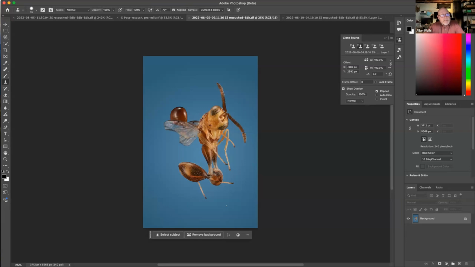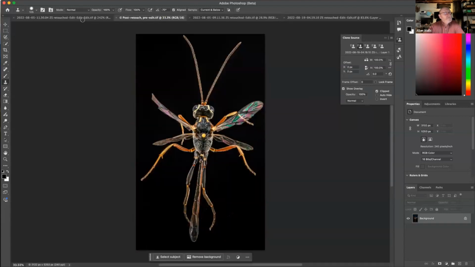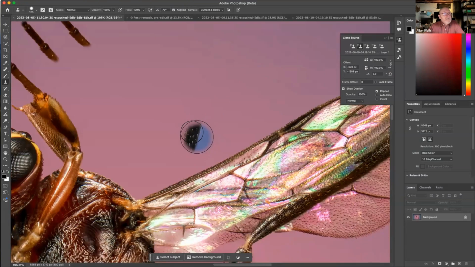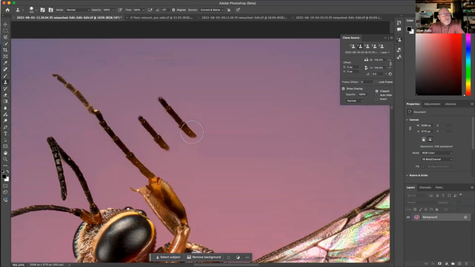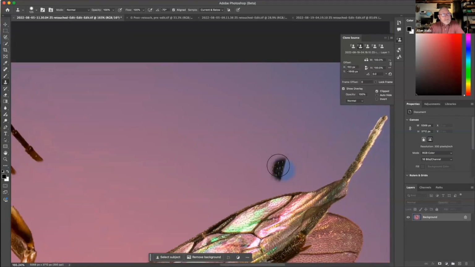And it is an incredibly powerful tool. A couple of basic rules: if you are doing clone stamping after you have created, say, a gradient, none of these have gradients. Well, this one does. No, it doesn't. But if you had a gradient, well, this one does. It's a bit bluer to the edges. All right, that'll do. If you're trying to create a seamless clone, don't select a source that is far away,